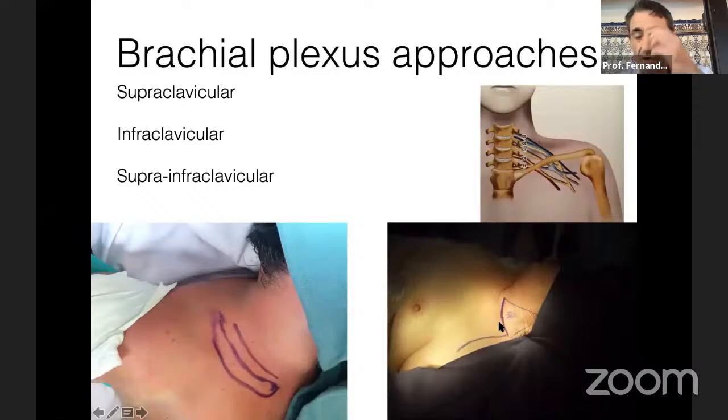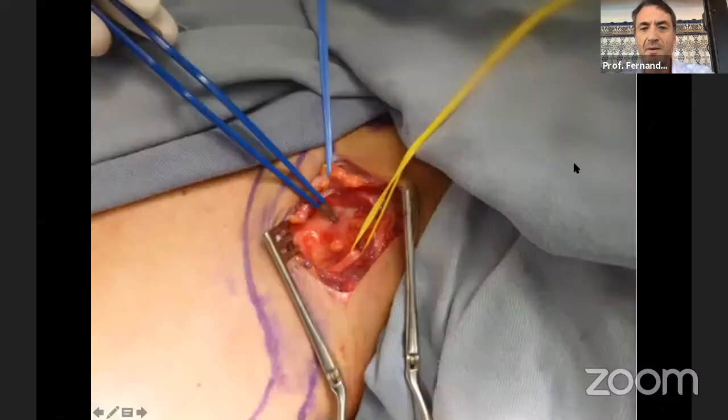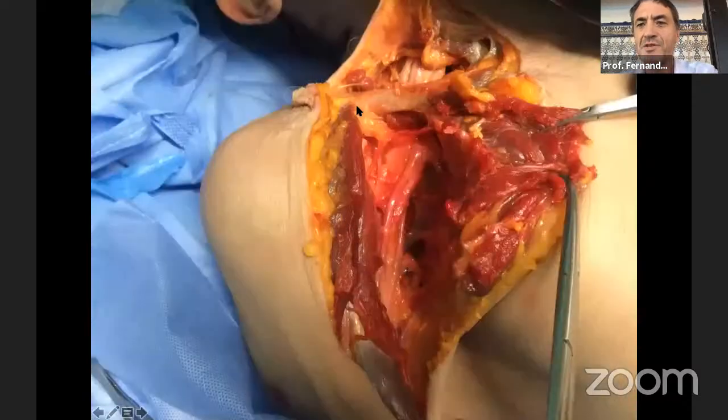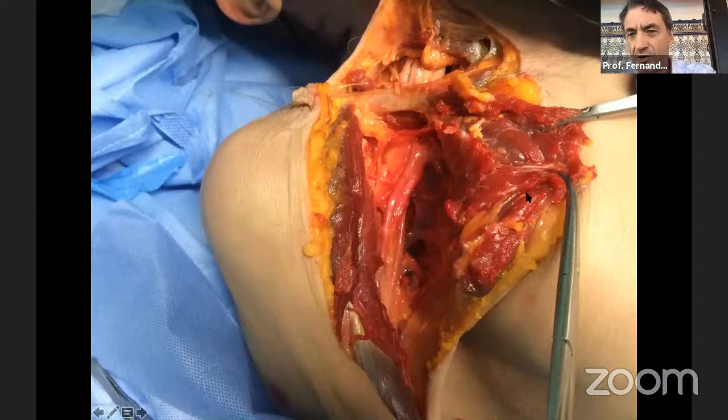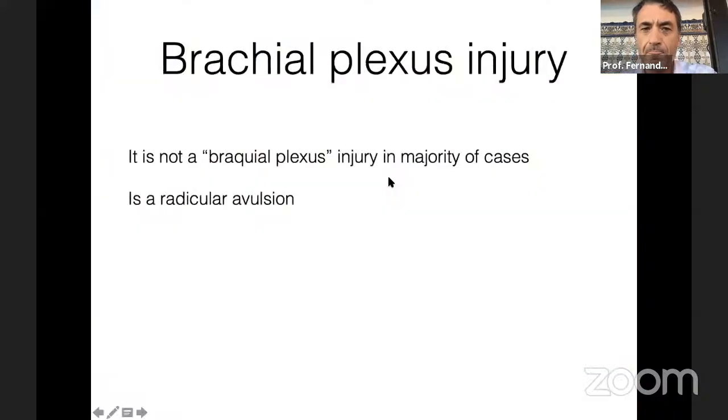This approach gives us a good view of supraclavicular and infraclavicular brachial plexus. This is a picture of the supraclavicular approach, and this is a cadaveric picture of a supraclavicular and infraclavicular approach. Here we can see the superior trunk, middle trunk, inferior trunk, the clavicle, the pectoral muscles, and the infraclavicular plexus. This is a huge approach to the plexus, but